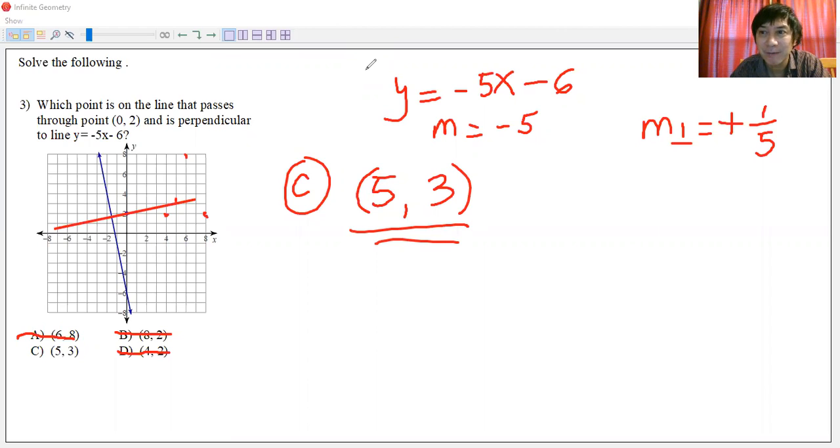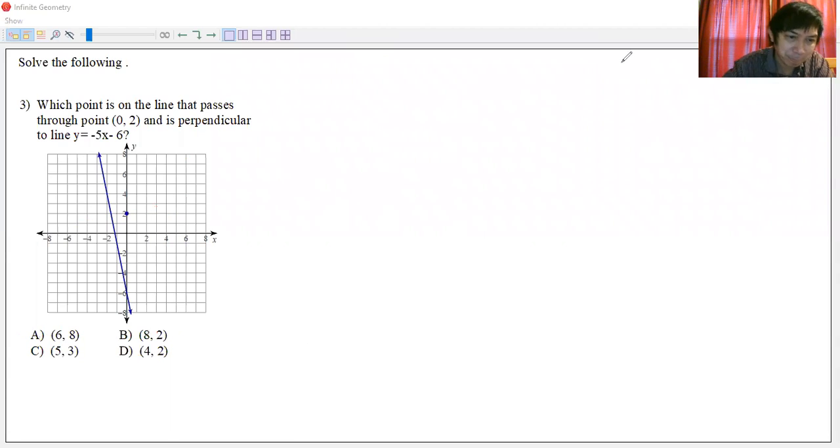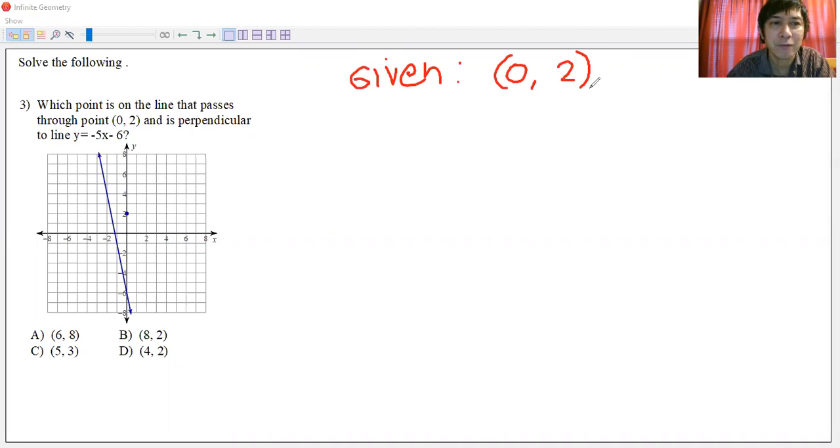Is there any other way? Well, you can use some of the points. Okay, you can try using the points there. All right, I can show you another way of doing it, or at least we can prove it. So the line that we have a while ago, I already erased it, but we can find that point. We have a point given, 0, 2. The given point is 0, 2 there.